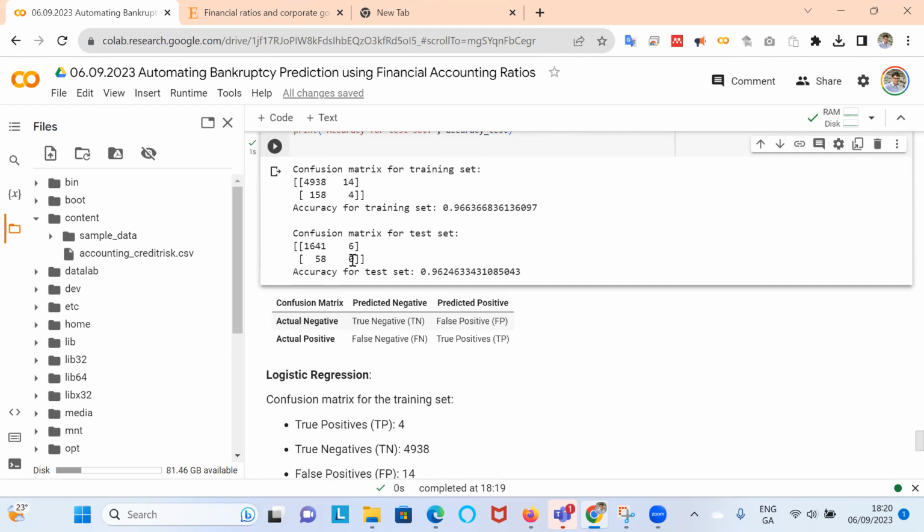For the holdout data or the test data, we didn't predict any of those that were bankrupt correctly. Now, there were bankruptcies in that data, but we didn't get any of those correct. So there were false positives and there were false negatives. So these 58 were actually bankruptcies, but we didn't predict any of them with the model in the testing data,